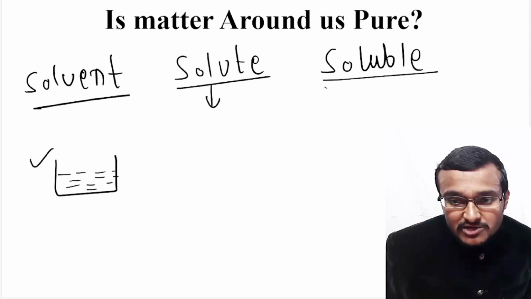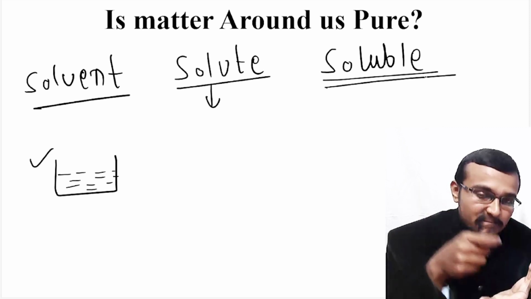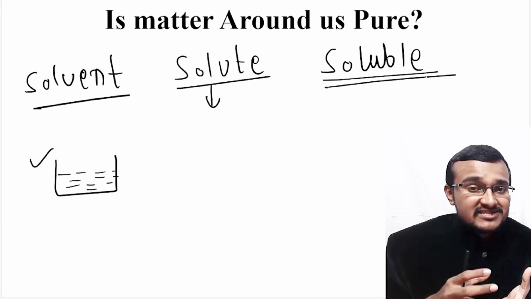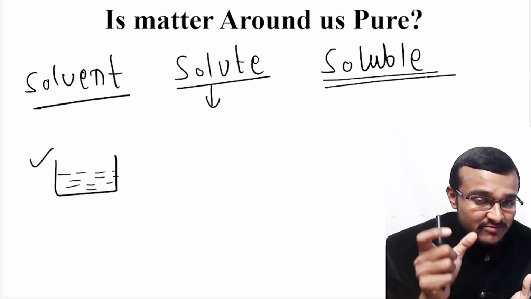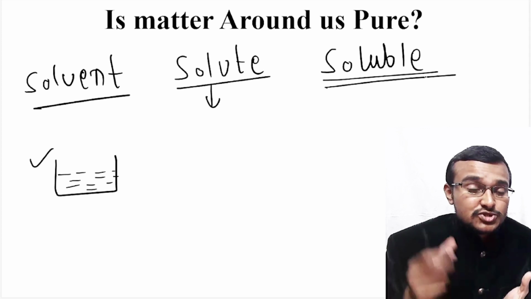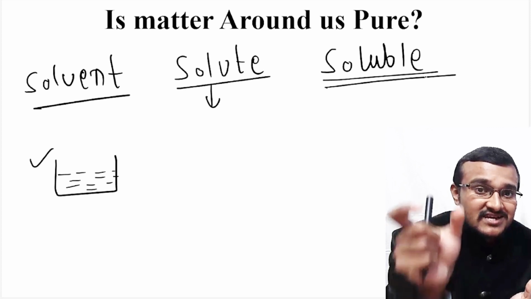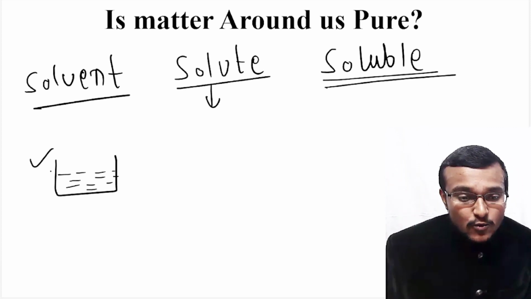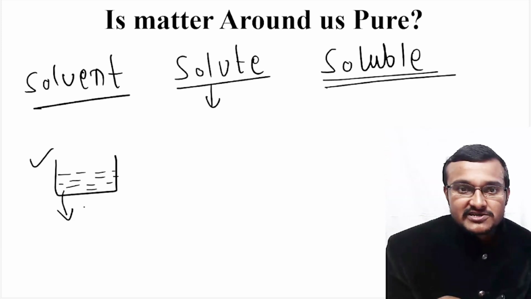And what do you mean by soluble? Soluble means a pure substance which can be completely dissolved and can form uniform composition throughout. That means it is forming a kind of homogeneous mixture with the liquid. Then that particular solute and solvent combination is known as solubility. At that time you can tell that the solute substance is soluble in that particular solvent. So here there is one solvent, and the substance which is getting dissolved in that solvent is known